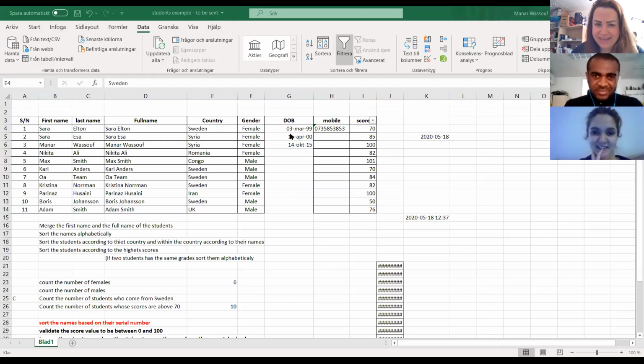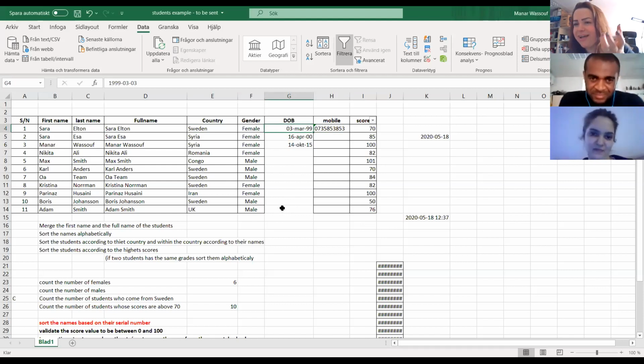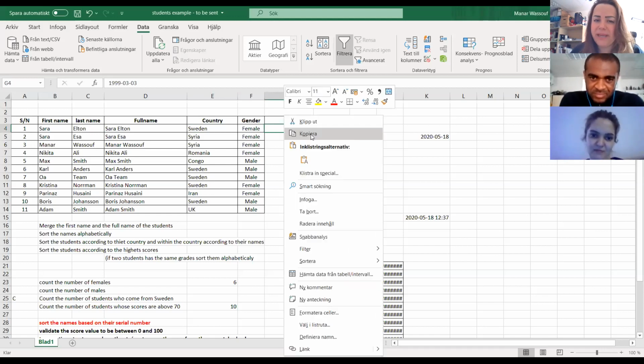Let's say that you made a mistake, and instead of doing it here, you did it here, or vice versa. So now, instead of doing this again, what can I do? I want to copy the data validation to the other cells. So I choose this cell, because this cell has data validation. Right click, copy it,